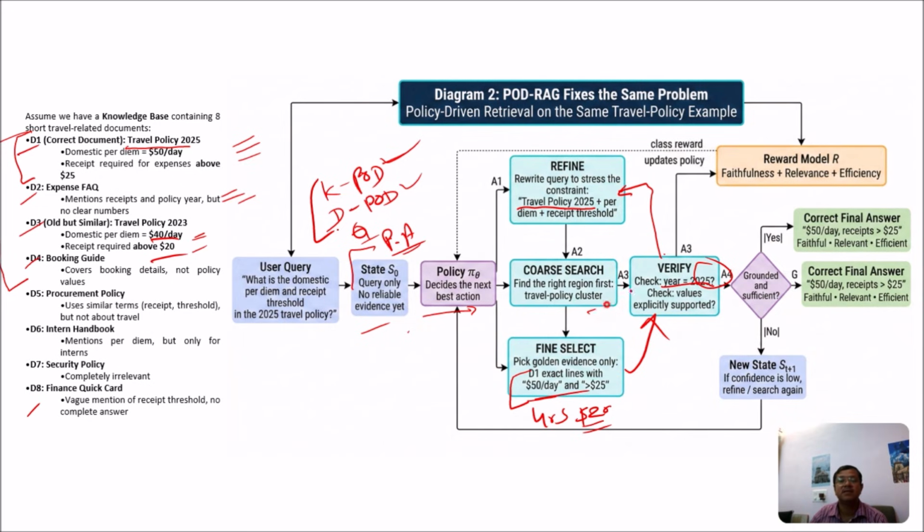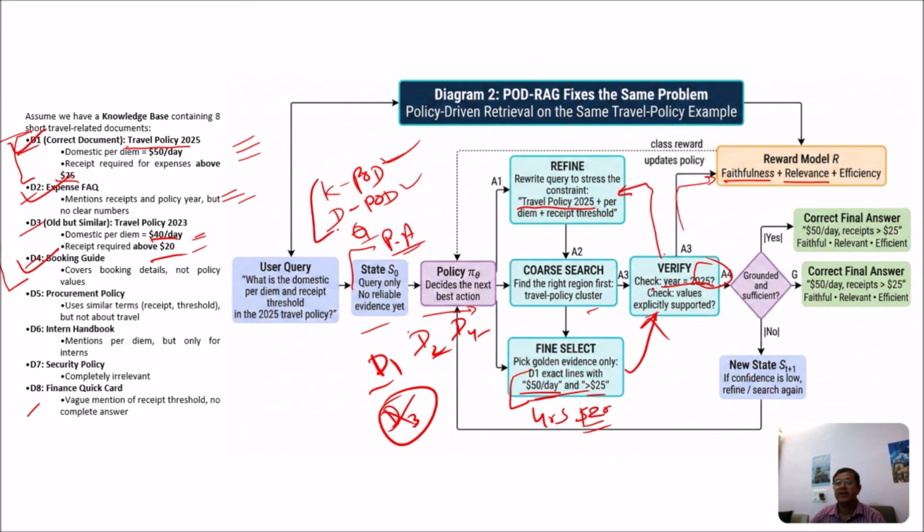Now again the coarse grain search. In the coarse grain search, this time the system will search document D1, this one, and this one, D2 and C4. It will discard D3. And then fine selection: it will again pick, and this time it identifies that it is $50 per day, and if you spend more than $25, then a receipt will be required. Then it comes here, it verifies everything is fulfilled, and it reports the reward: faithfulness, meaning all the document evidences are correct,